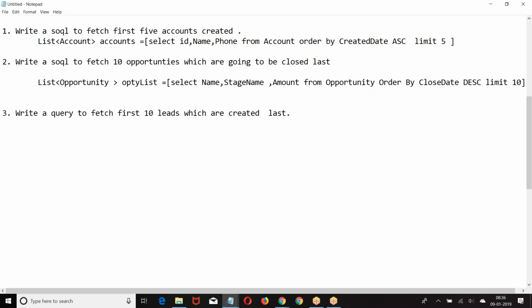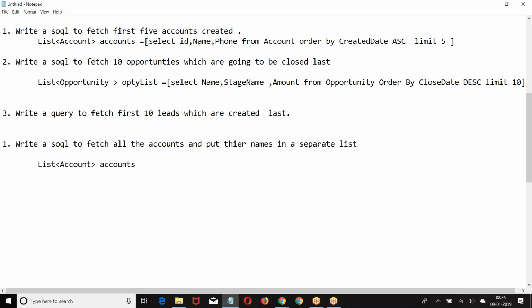Okay. Now, let us take a quick example here. Write a SOQL to fetch all the accounts and put their names in a separate list. What do we do? List of accounts equal to